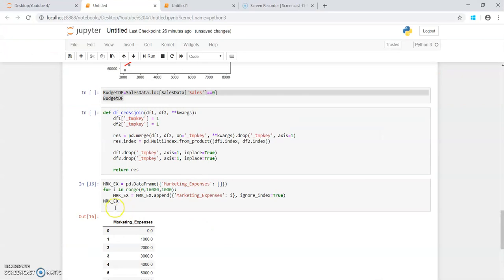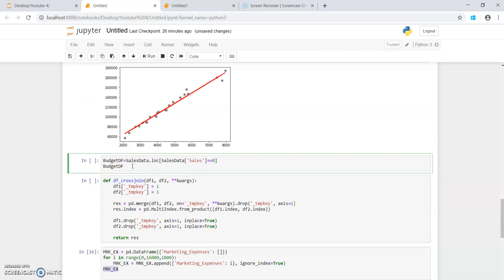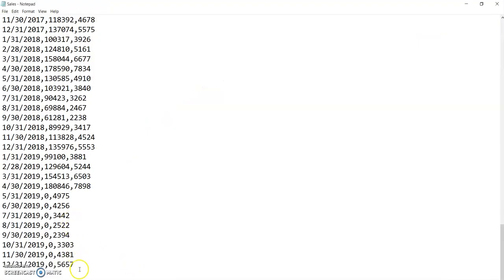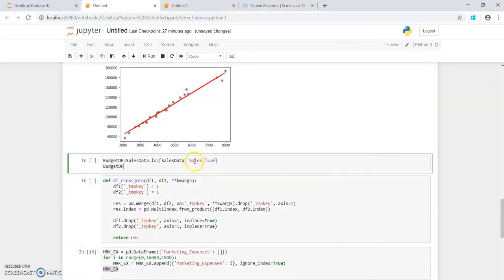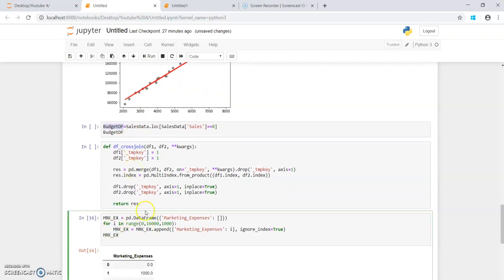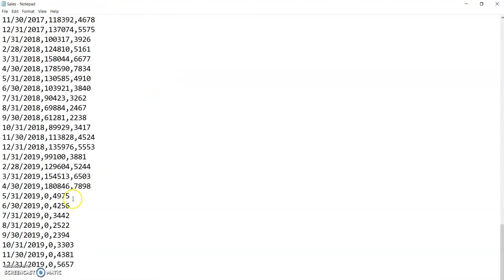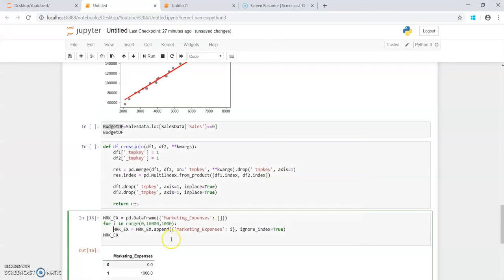Okay, to do that, now we have the marketing expenses range data set, and for that we have to separate out the budgeted or the future data set. That means this part. Here I use sales equal to 0, the future information, in this budgeted DF data frame, and I also generate the range data frame here. And to merge those two, the Cartesian product, that means for each record I need to set thousands, like 1,000 to 15,000 rows,